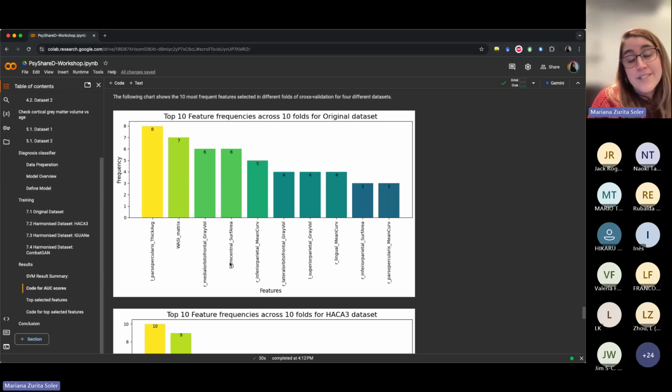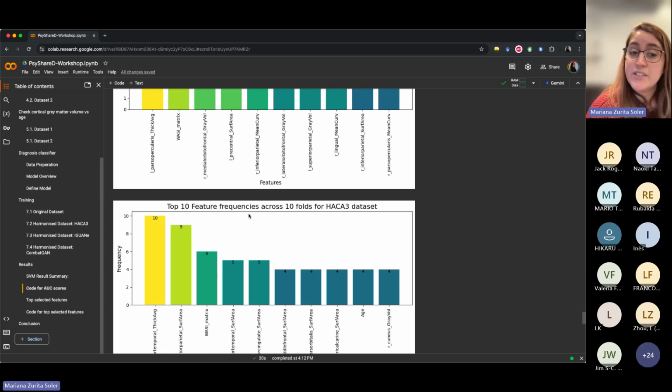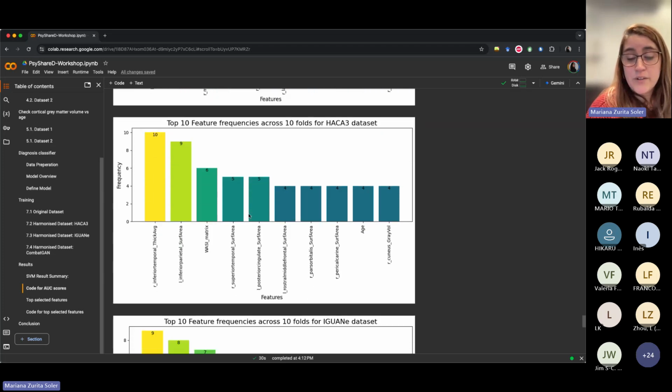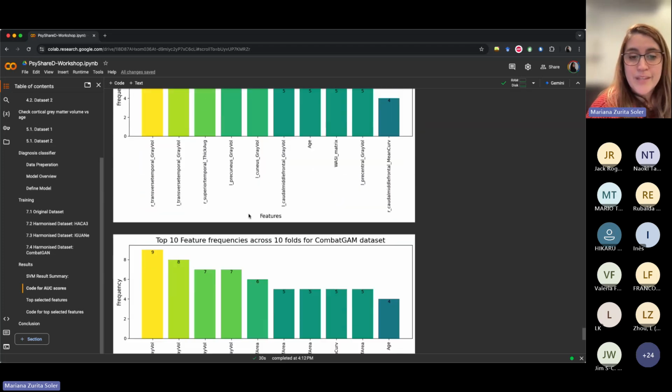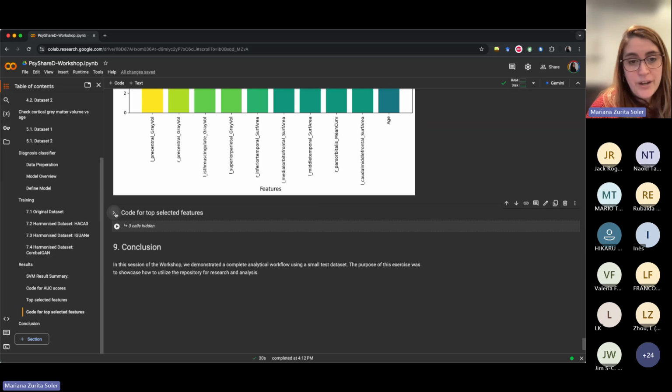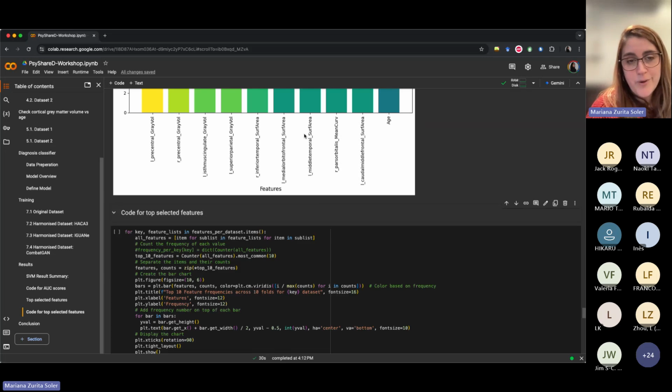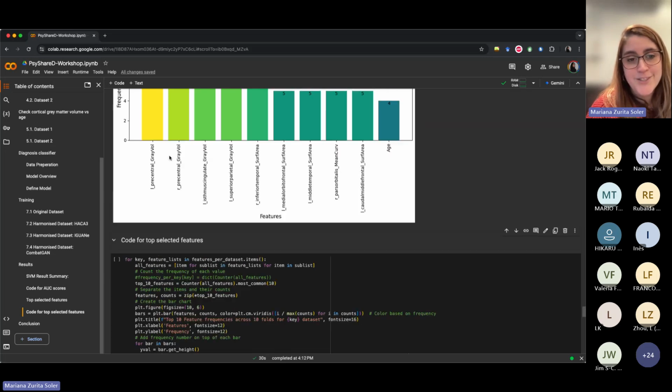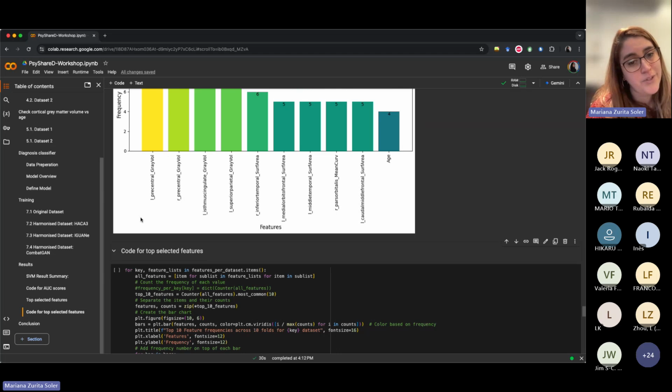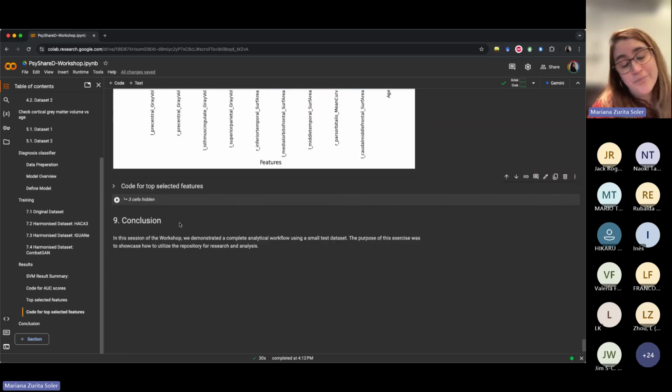Then you can go and look as well into the importance and the weights of the coefficients for the SVM. That is also going to be even more informative into how each feature contributes to the data. And you have the code there for running this same type of plots. I'm not going to run it at this point because it's not going to make much sense, because we only have two